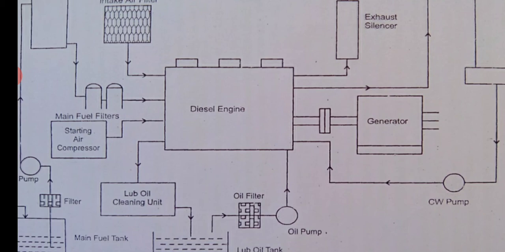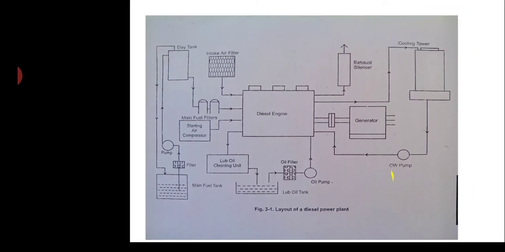There will be multiple cylinders for these engines. Normally it is 12 cylinder, 16 cylinder, 20 cylinder engines. So it will push the pistons, and thus these engines are cranked. So this is one more feature which I think you might not be exposed to. The starting of a big diesel engine cannot be done by your kick start or self start. So you have a starting air compressor and air receivers. So this is the starting system.